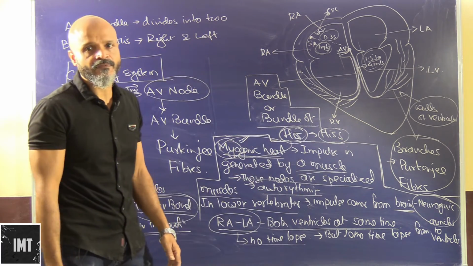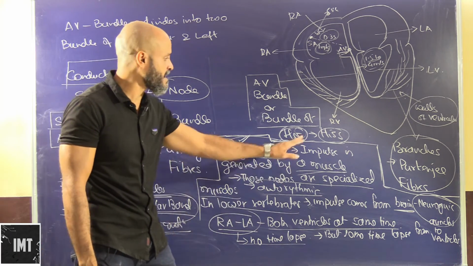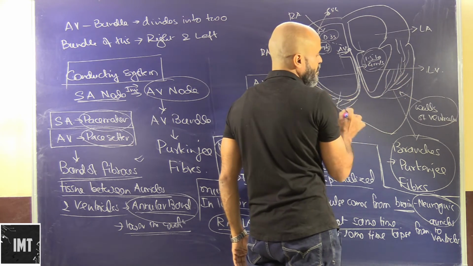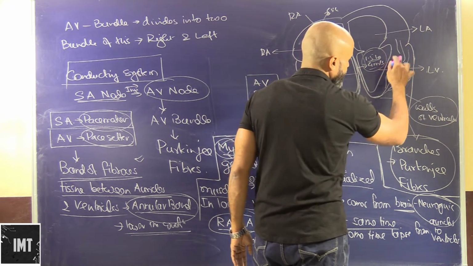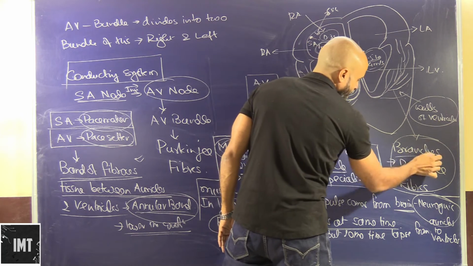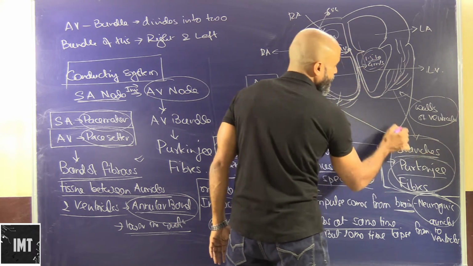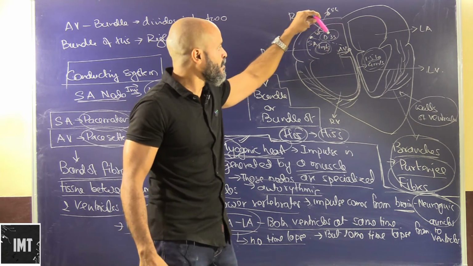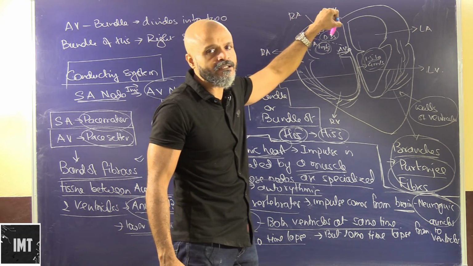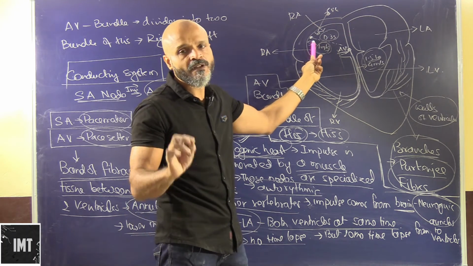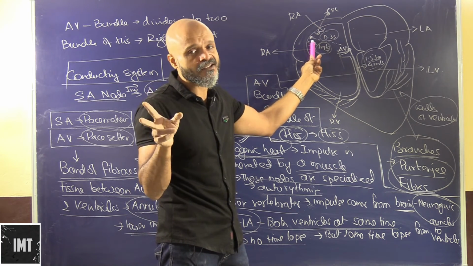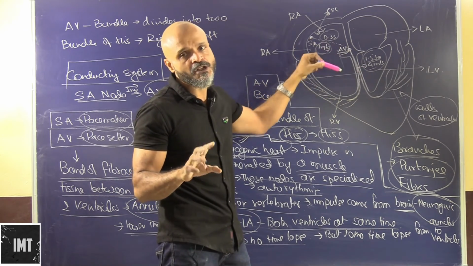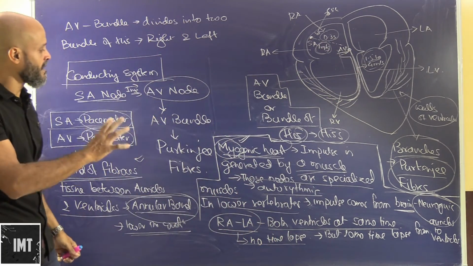His is sometimes written as HIS, and in some places as HISS, named after the scientist, of course. From this they travel all the way up to the ventricular walls by a dense network of branches known as Purkinje fibers. So they are carrying this impulse all the way up to here. Between the right auricle and the left auricle there is absolutely no time lapse of the impulses generated from the sinoatrial node, but there is a time lapse from the auricles to the ventricles. So we have seen the conduction system.